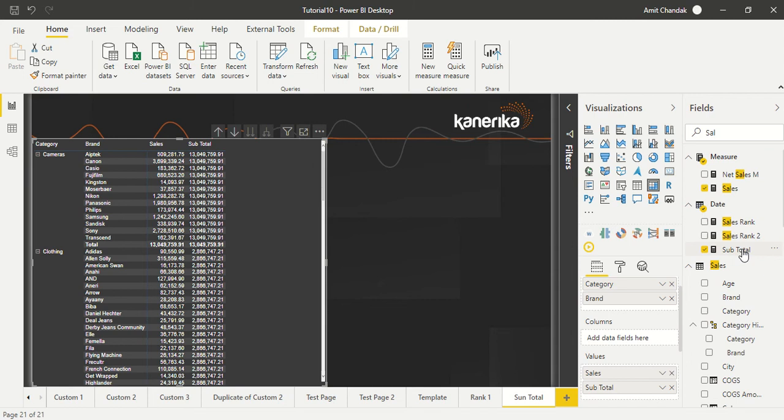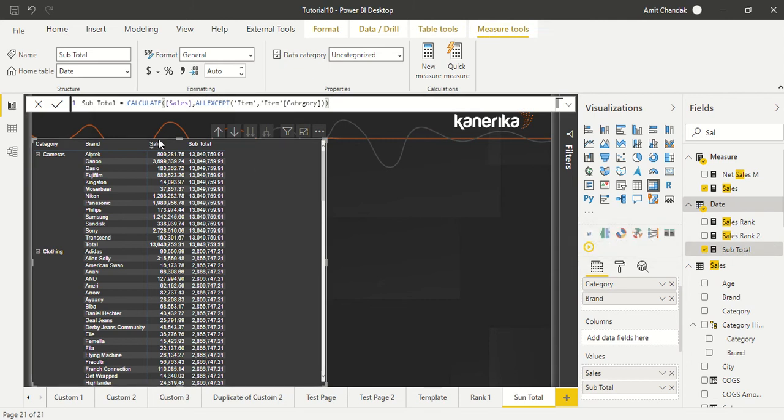Now we got the subtotal, and from here we can make a percentage of subtotal. If I divide sales by this subtotal, then I'll get the percentage of subtotal. So let's create that and call it percent of subtotal.